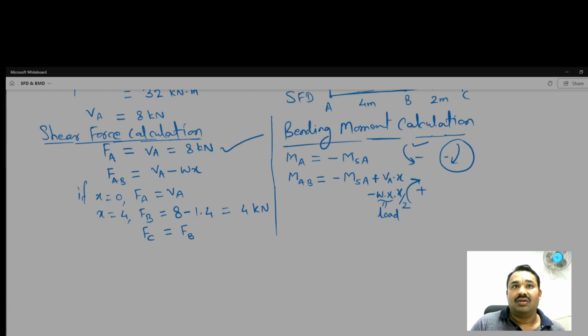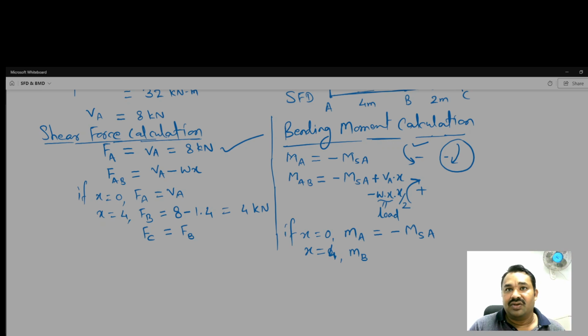Now applying the boundary conditions, if X is equal to 0 means we are talking about MA. So what we are getting? We are getting minus MSA, means this one. So it is verified, and X is equal to, suppose 4 we take, then we're talking about a bending moment,